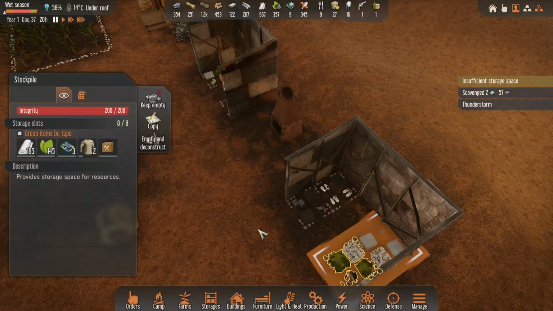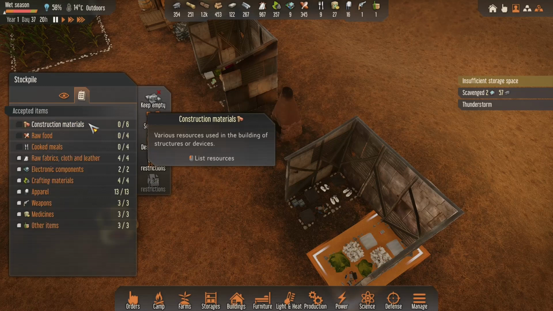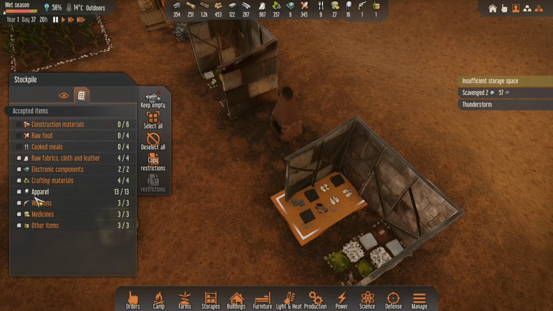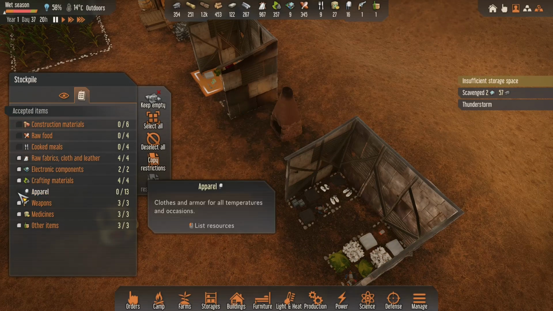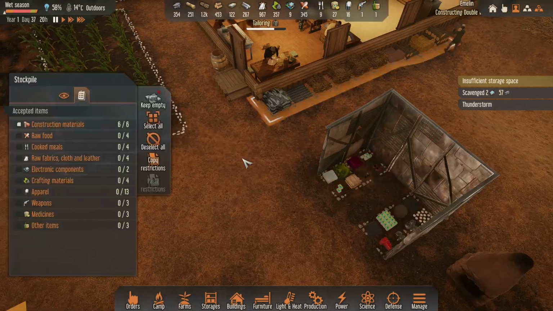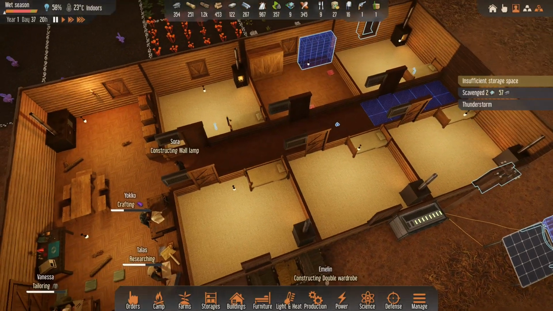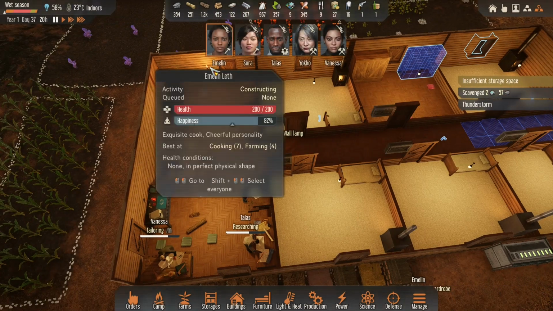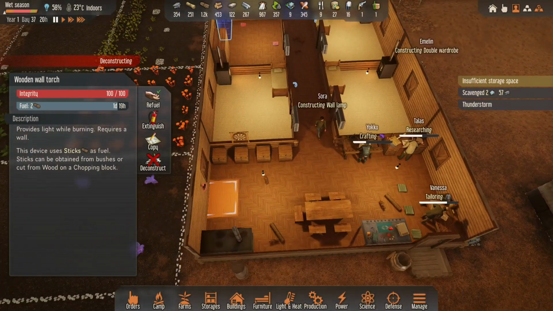So what I'm going to do is come to all these storages here, and go, hey, you. Yeah, apparel? Yeah, apparel. No apparel. You. No apparel. You. No apparel. Oof, there you go. Ba-dum. Okay. And then all of that will go into the rooms here, which will be brilliant. Fantastic. I missed the wall torch. Remove this wall torch here. Then we can do